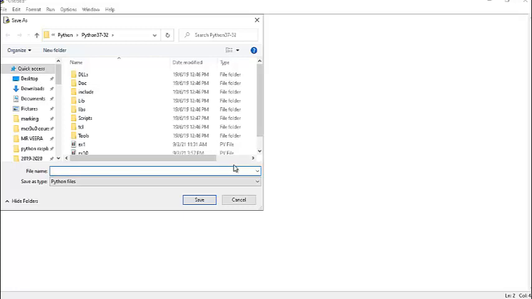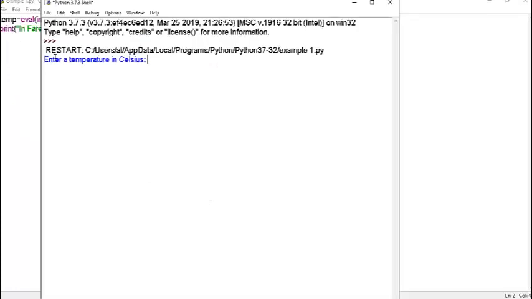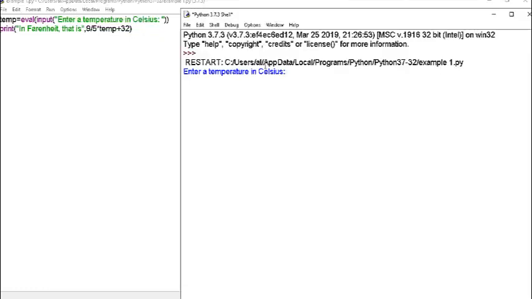Let's call it example1, and then click save. You can see that this text here is the result of this input command. Now whatever I enter is going to be converted to a number, and it's going to be assigned to the variable temp. So if I say 10, then the 10 that I entered is going to be multiplied by 9 divided by 5, then added to 32,